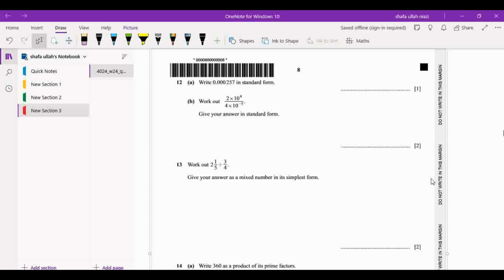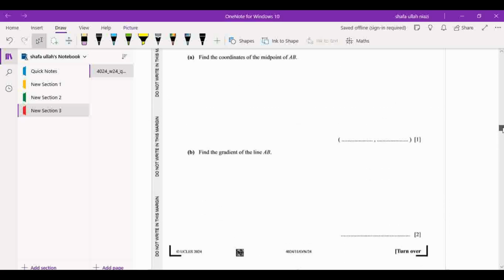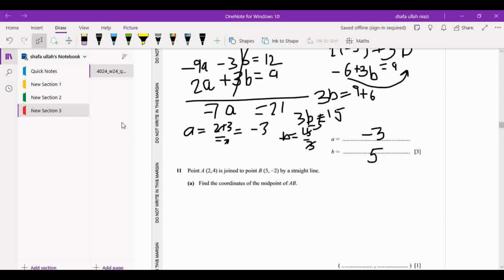Point A is (2, 4) and is joined to point B by a straight line. Find the coordinates of the midpoint of AB. We have to find the midpoint. This is a question from coordinate geometry. We let M be the midpoint, and the formula for the midpoint is